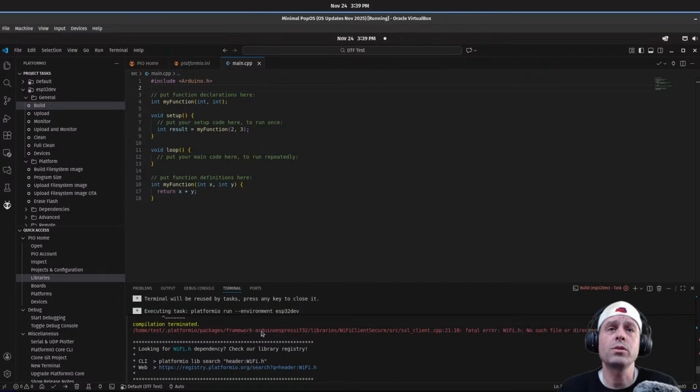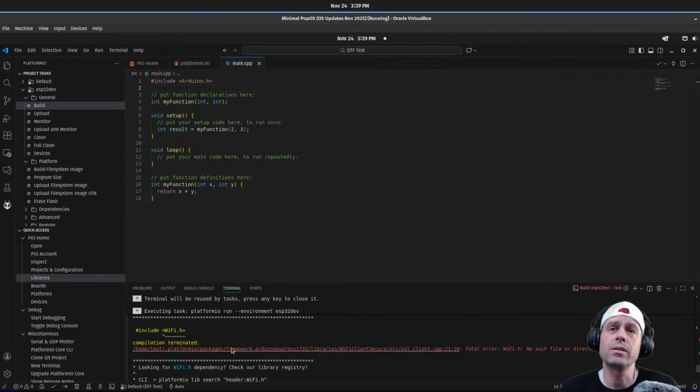So I'm not sure where this is coming from. This is the other part that I don't like about whatever this abstraction is. It doesn't tell me. It's saying here, but this is from within the framework Arduino ESP32 libraries. Like, this is not my code. This is the installed PlatformIO location.